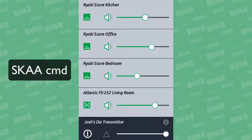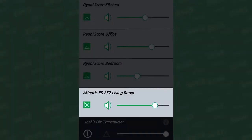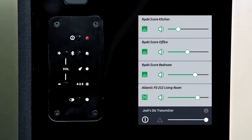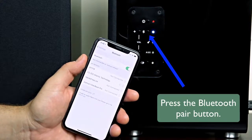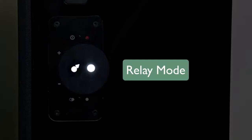In the SKAA command app, these speakers will show up as 4 different receivers, one for each Ryobi Score and one for the pair of Atlantic FS252s. Although you can control the volume directly from the speakers, you can also adjust the volume for each receiver in the SKAA command app as well. To use Bluetooth, simply put the speaker in Bluetooth mode and pair the speaker with your Bluetooth preferences on your device. If you want to chain up to 4 additional speakers to the FS252, you can use the relay mode,